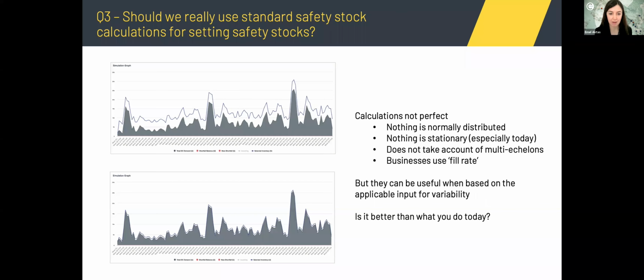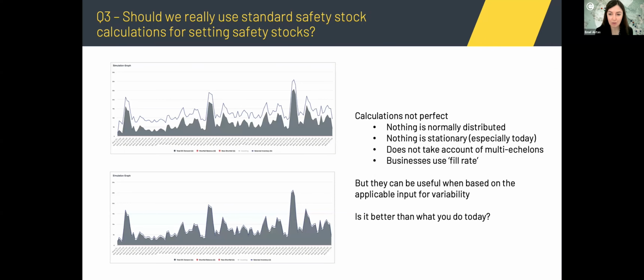And then there is the concept of fill rate. If we are talking to companies, the fill rate looks over how many periods I expect not to stock out, because it's always better to fill a proportion of the demand and look at how well we have done in terms of that, which is the fill rate, versus how many cycles we were able to satisfy the demand from stock. So we tend to observe fill rate being used much more often than the cycle service level, which is a probabilistic approach to safety stock calculations.